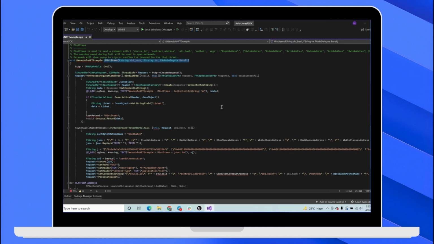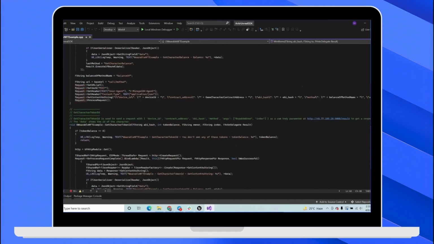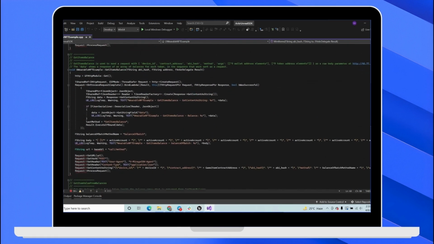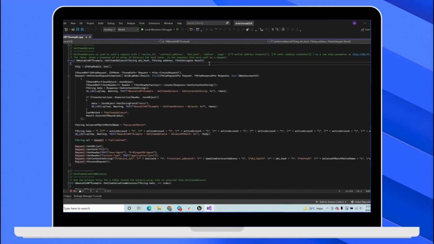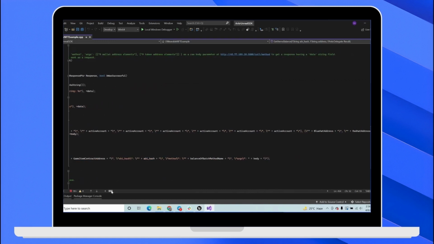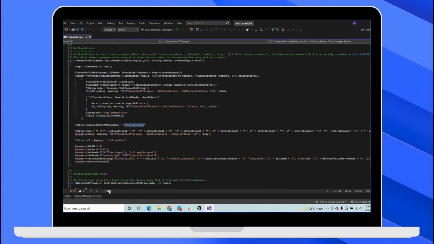So once we have the items minted in the contract, we can get the balance by calling the method name getItemsBalance, and this method is a read-only method, which is a request sent at the base URL plus call method, and the parameters required for this function are the device ID, contract address, ABI hash, the method, which is the balanceOfBatch. So it returns the balance in bulk of all of the tokens that we minted, and